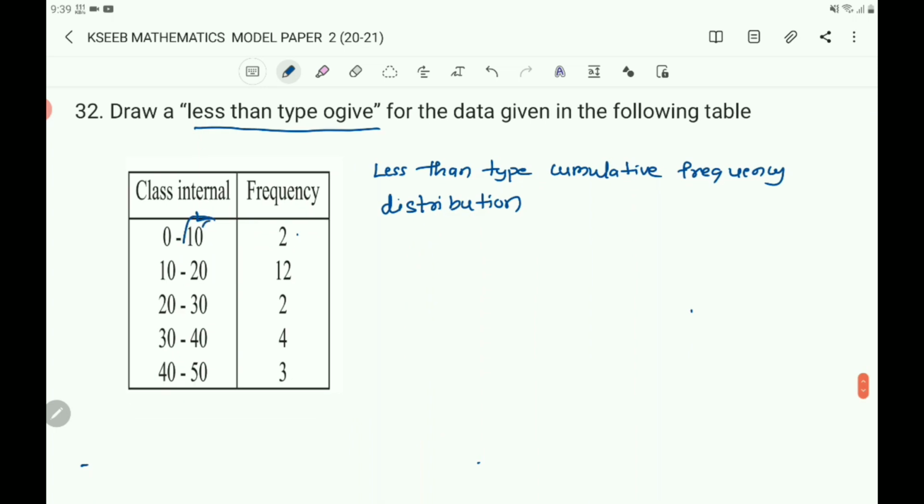So here we have to take the upper limit, that is for the less than type we have to take the upper limit. So you write that is less than